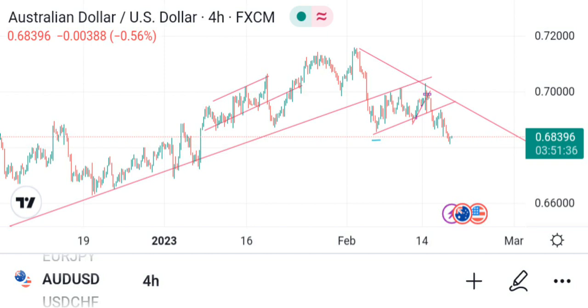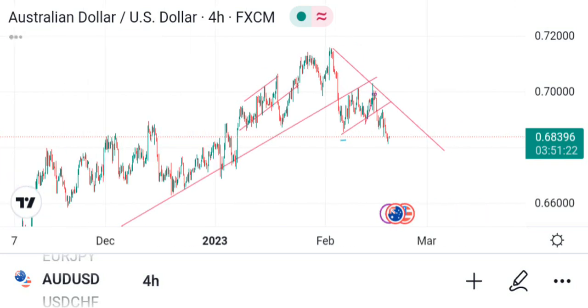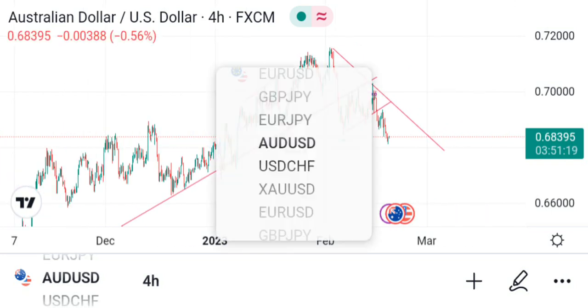It's not about what other traders are doing, because your risk level is different from the next trader, and your capital level is also different from the next trader. So what you want to be doing is looking for what works for you. For me, trend line works all of the time. Now let's take a look at another market,